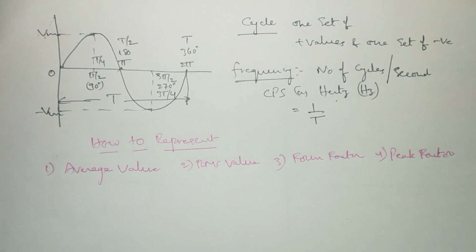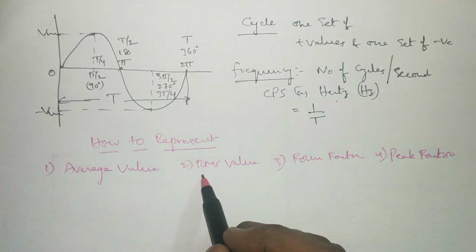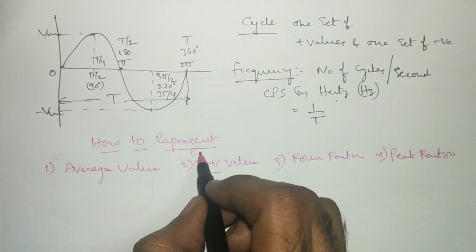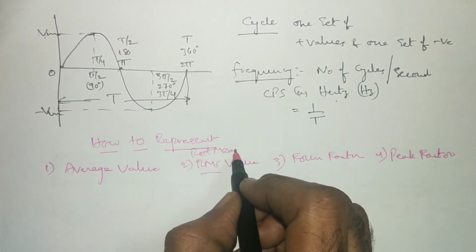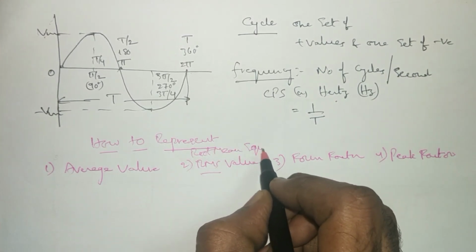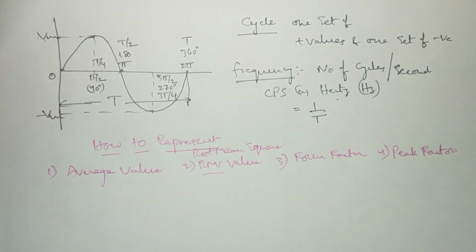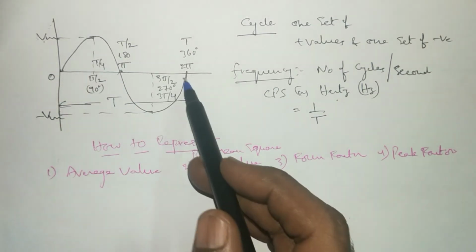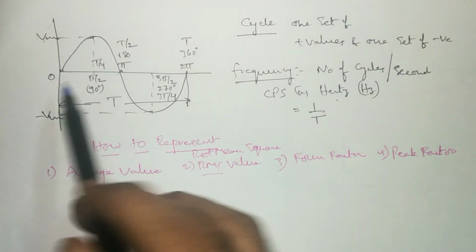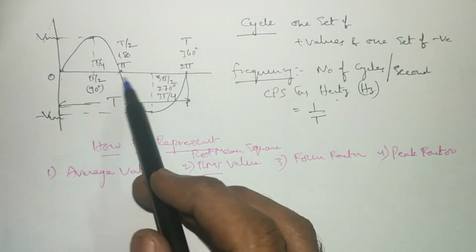Let me go through average value and RMS value. RMS value means root mean square value. RMS means we are going to define this as root of mean of square. These things you might have studied in your mathematics, that is, how to find out the average value when a set of values are given to us over a period of time. Similarly, we can also find out the RMS value or root mean square value. But here we are going to have a continuous waveform. We don't have the discrete values. We are going to have a continuous waveform which is dependent on time.